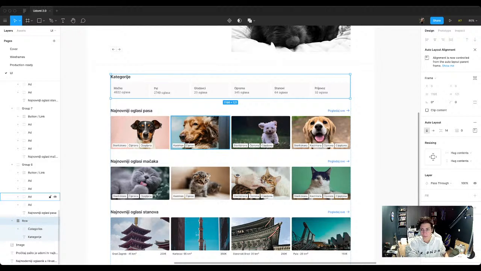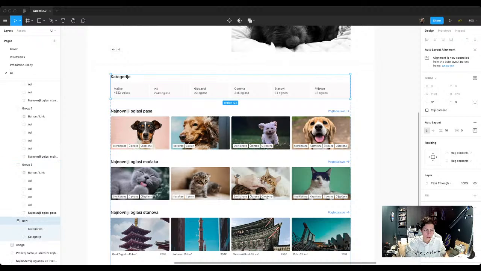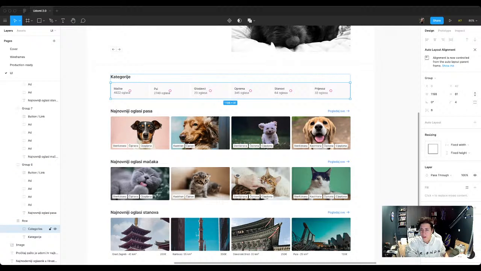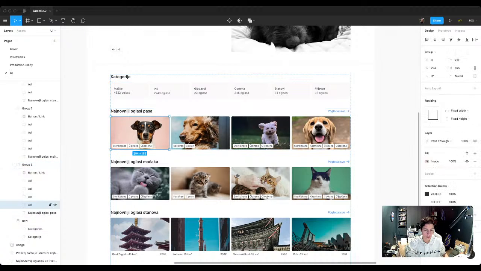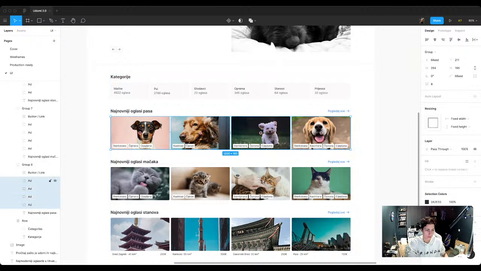Row. And let's put 16. Okay, 8 is maybe, let's put 3 because we have been using 3. Then same thing over here. Boop, boop, boop. Add, group, adds,